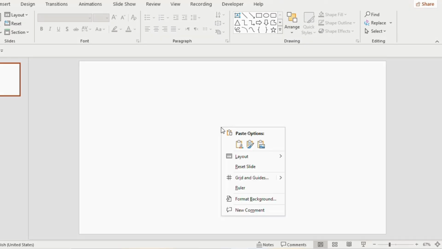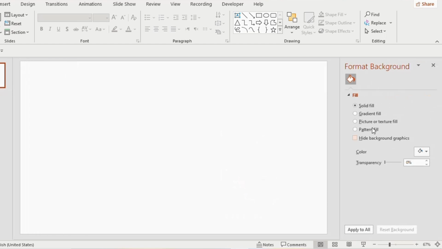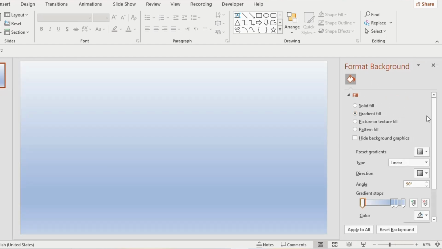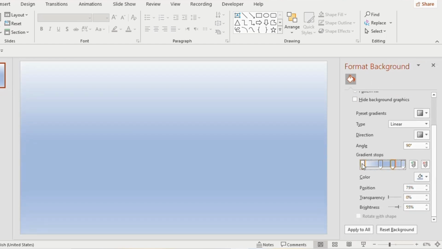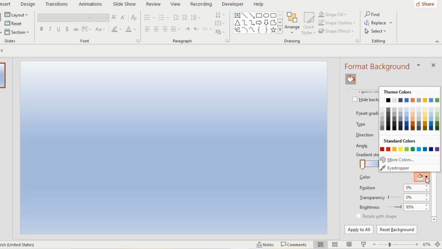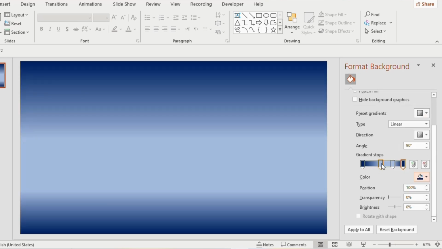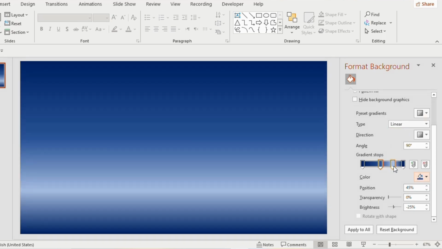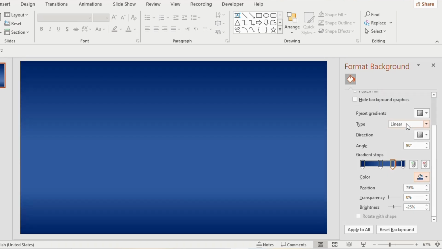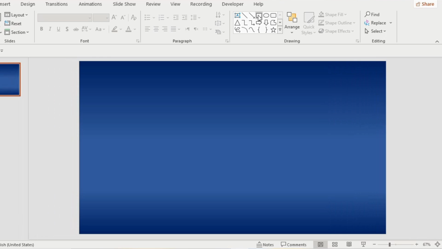Take a blank slide, right click, go to Format Background, click on Gradient Fill, make it 4 gradient stops, choose dark blue color for the first and fourth gradient stops and light blue for the second and third gradient stops. Close the Format Background tab, select a rectangle from the Shapes tab and place it on the left side of